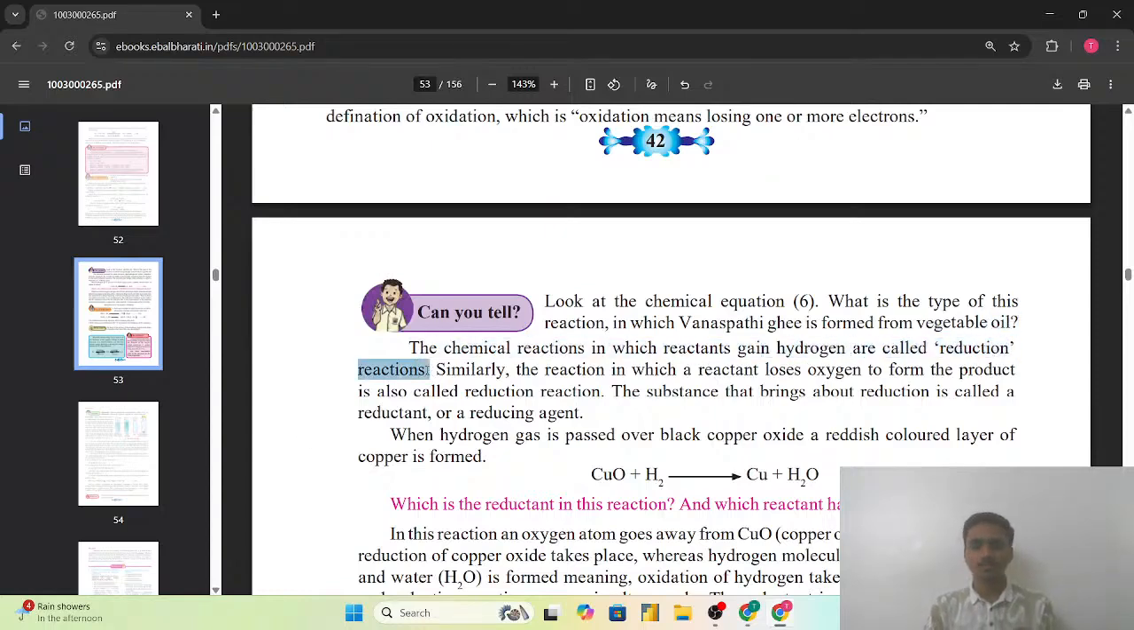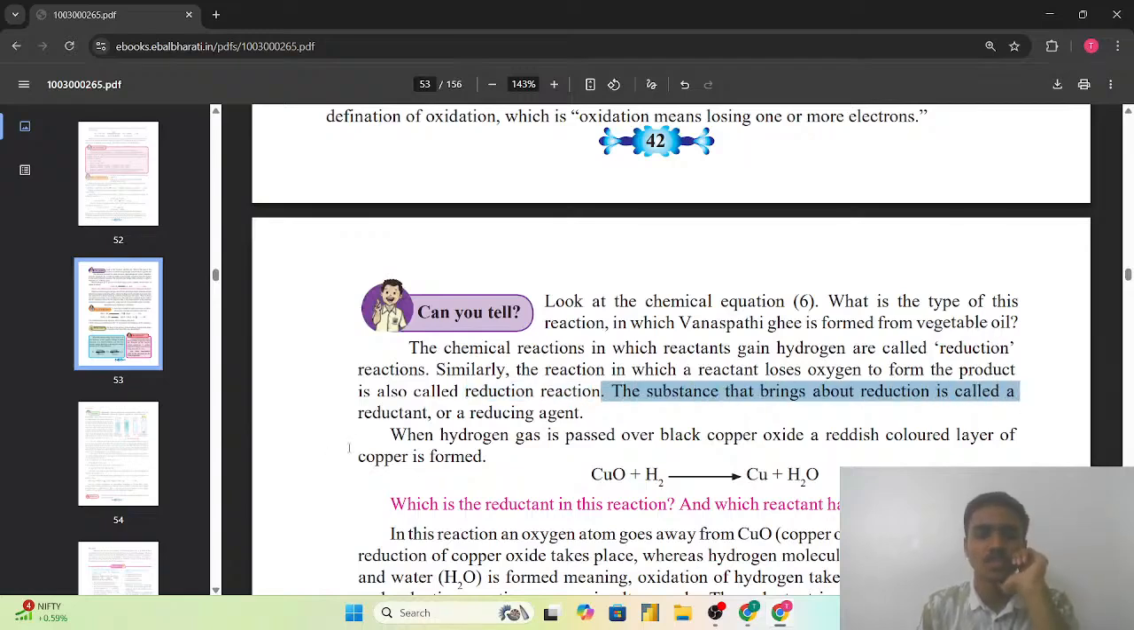मतलब जो रिएक्शन जिनमें हाइड्रोजन ऐड होते हैं, देन हाइड्रोजन के साथ जो रिएक्शन होती है, हाइड्रोजन गैस जिसमें इन्वॉल्व होता है, दैट टाइप ऑफ द रिएक्शन आर कॉल्ड एज द रिडक्शन रिएक्शन। सिमिलरली द रिएक्शन इन विच अ रिएक्टेंट लूजेस ऑक्सीजन टू फॉर्म द प्रोडक्ट इट इज कॉल्ड एज अ रिडक्शन रिएक्शन। तो क्या यहाँ पर हम एक डिफरेंस बना सकते हैं कि मतलब ऑक्सीडेशन क्या है, ऑक्सीजन कंबाइन होगा हाइड्रोजन निकल जाएगा, और रिडक्शन क्या है हाइड्रोजन कंबाइन होगा ऑक्सीजन निकल जाएगा। दिस इज द ओनली डिफरेंस इन बिटवीन दिस ऑक्सीडेशन एंड रिडक्शन रिएक्शन।